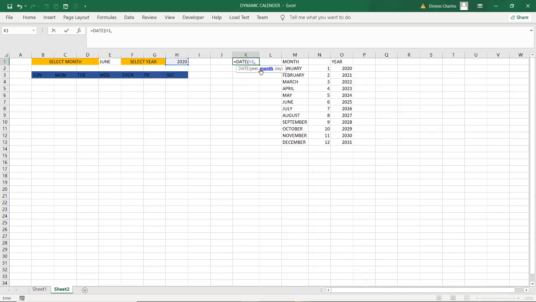I need to select the month, but if I select this month, June is text, and the text will bring a value error, and therefore I need to use a VLOOKUP so that it is able to read the months from the table array, and column 2 from the table array will be the one that I will be referring to. So we talk about VLOOKUP.